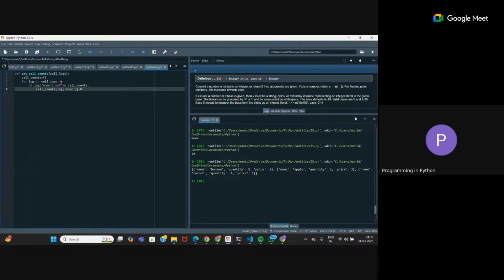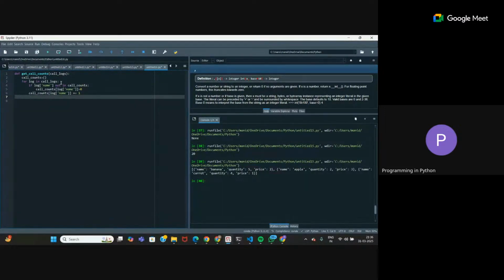Okay, so first create a key, and then anyways you have to increment that, because one entry even if encountered means one call count. So call counts log name, you can put plus equal to 1.